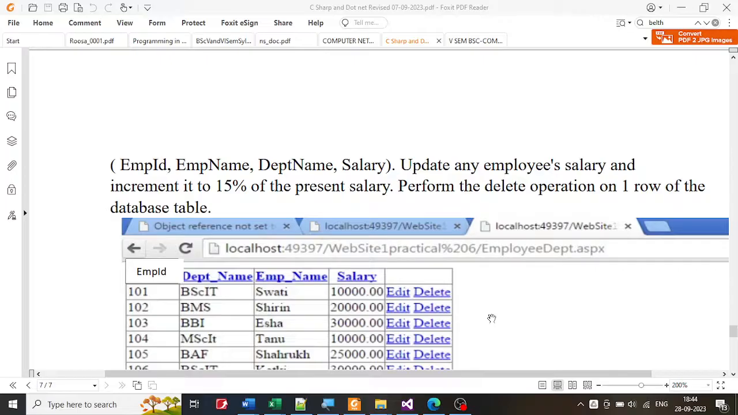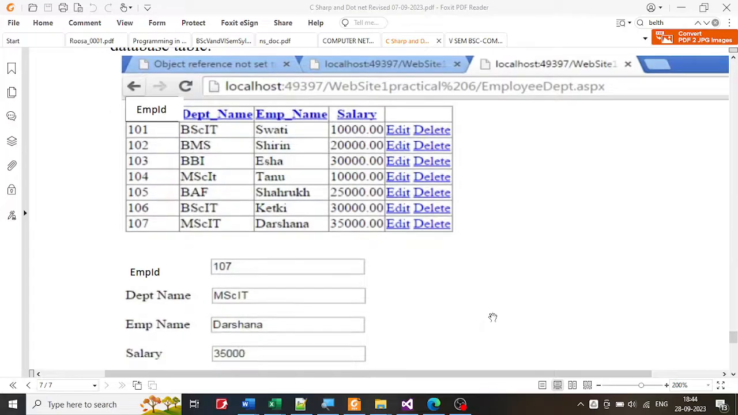Update any employee's salary and increment it to 15% of the present salary. Perform the delete operation on one row of the database table. And this is what they are expecting us to create. So let's go ahead and let's create a